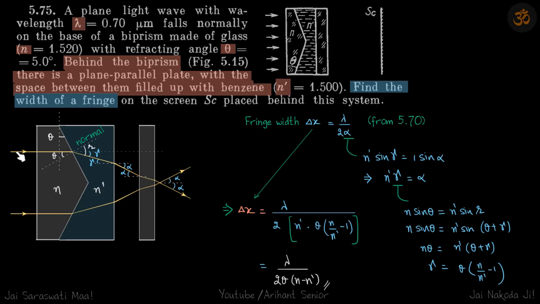So let's take one ray and follow it. It goes straight. As long as it's in glass, it will go straight. Then here we have a surface. So the refractive index of glass is more than this liquid. So it will bend away from the normal. In this case, this is the interface of the two mediums, so this is the normal. So it will bend away from the normal.